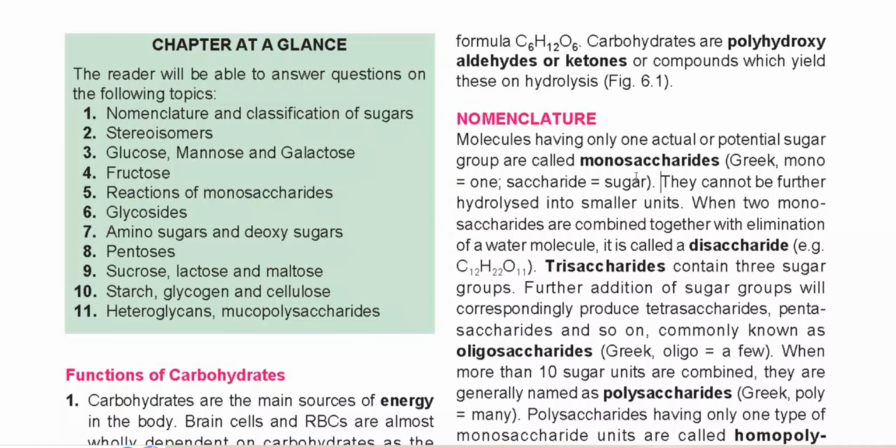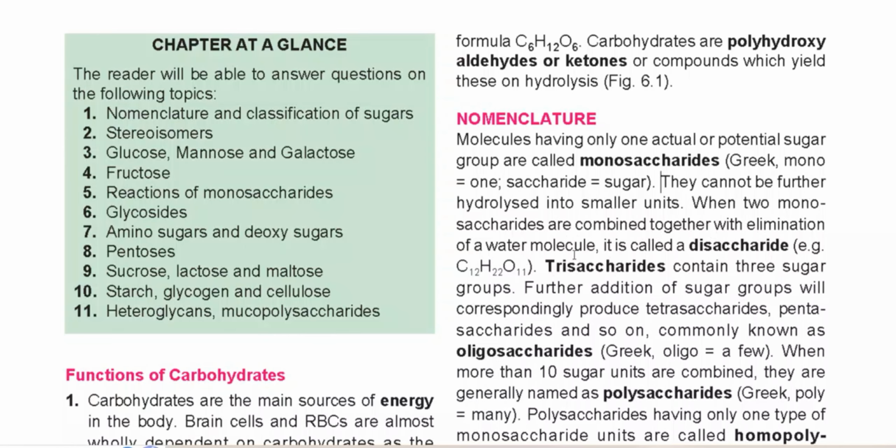If you see the nomenclature of the carbohydrate molecules, those having only one actual or potential sugar are called the monosaccharides. The Greek word mono means one, saccharide means sugar. So they cannot be further hydrolyzed to form simpler or smaller units. When two monosaccharides combine together, they form the disaccharides by liberating one molecule of water. An example disaccharide formula is